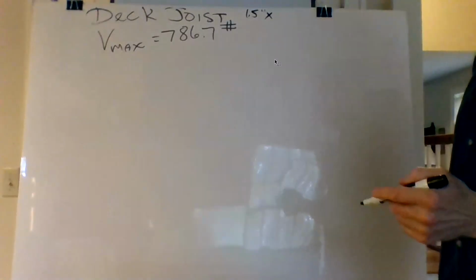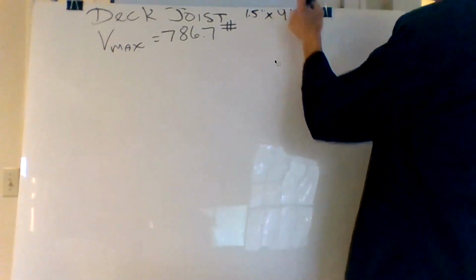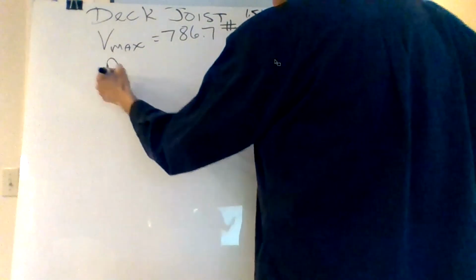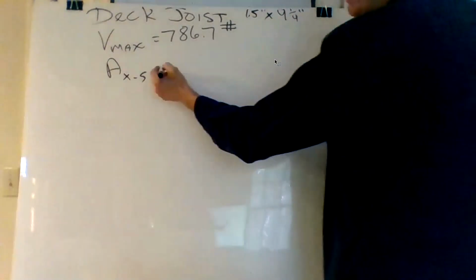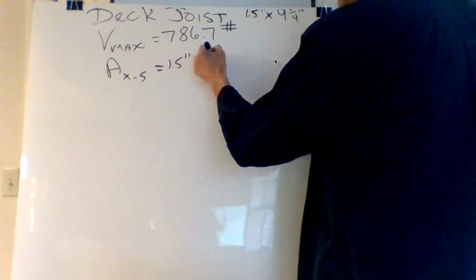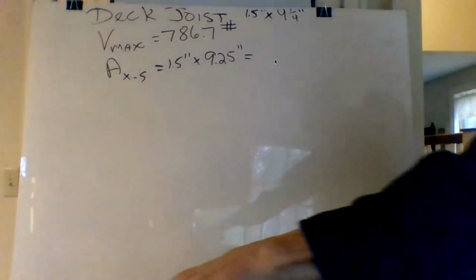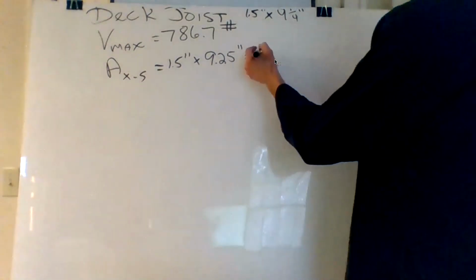I can never remember. I think it's 9 1/4. Good. Okay. So the cross-sectional area is equal to 1.5 inches times 9.25 inches equals, go ahead and plug and chug that, 13.88